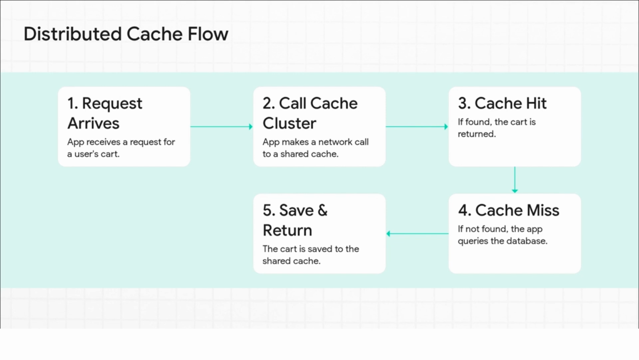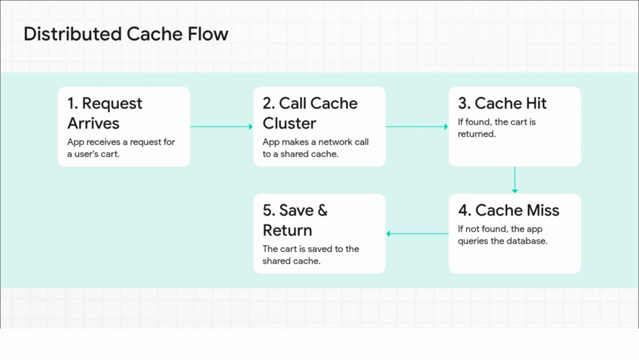For a job like this, the in-memory cache just won't cut it. We need a distributed cache. The process looks kind of similar at first, but there's one massive difference. The app doesn't check its own memory. Instead, it makes a quick network call out to a separate, shared cache. Think of it like a central hub that all the servers can talk to. This shared cache becomes the single source of truth, making sure your shopping cart is always there and always correct,